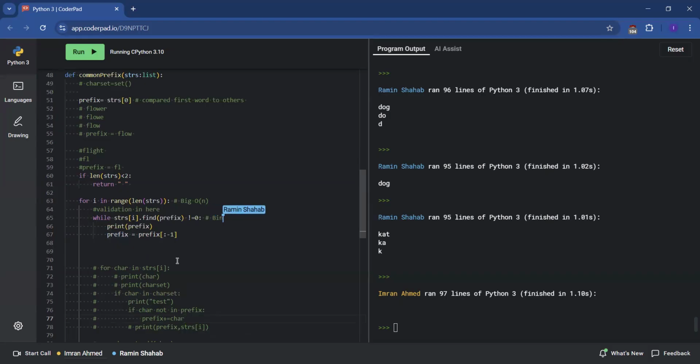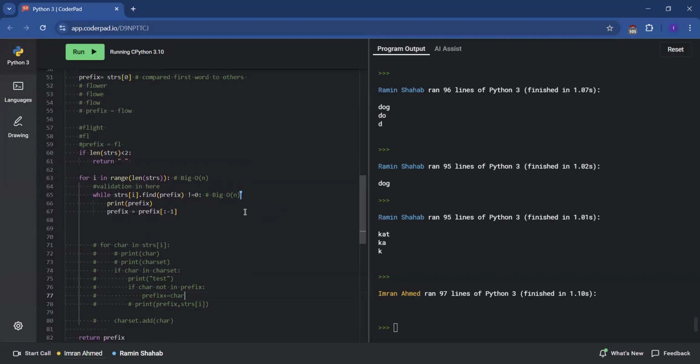So this would just be another order n loop. So this is just log n. Well, let's see. So while strings of i and